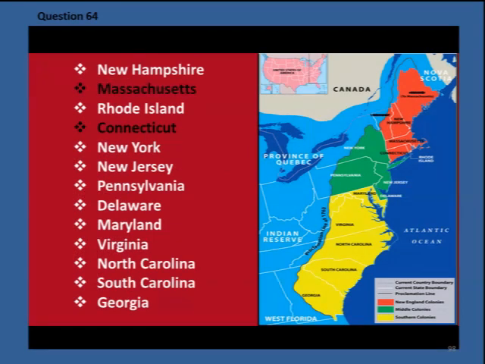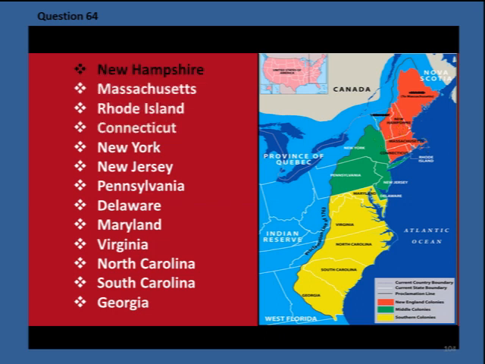Connecticut, Massachusetts, and Rhode Island. Connecticut, Massachusetts, and Rhode Island are 3 of the original 13 states. All 3 are next to each other. The other original states are New Hampshire, New York, New Jersey,